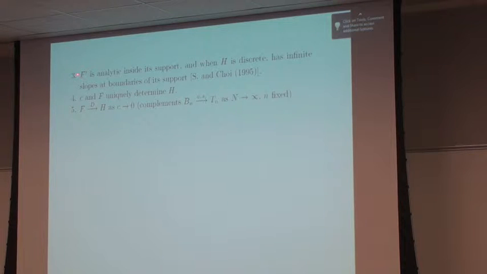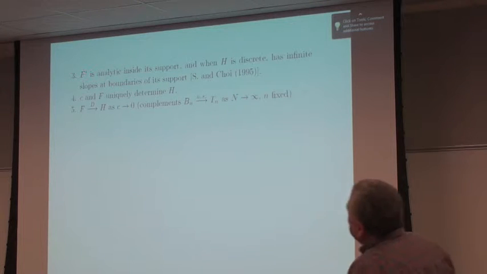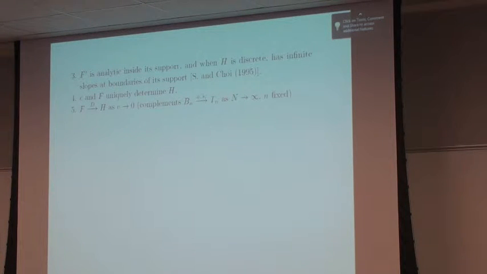Some other properties. F, the function f, that's an f prime there, right? So the derivative is actually analytic outside its support. And in most cases where the limiting distribution is discrete, at places where the support hits the real line, it goes down like a square root function. It goes steep like a square root function. We actually showed that the density divided by the square root of x minus whatever that value is there, say that's x0, the ratio of the density goes like that. This will go down to 0 at that point. This will go to a constant.